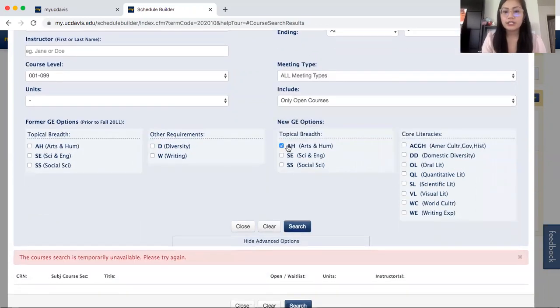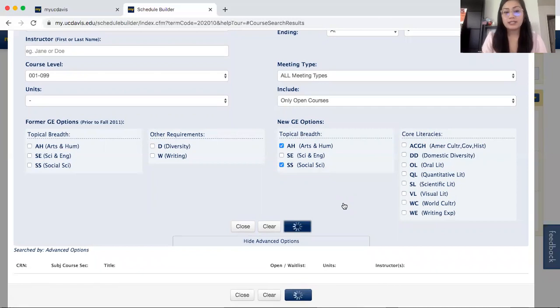So you can check here for GDB and animal biology and entomology. I will say that the science and engineering GEs will mostly be fulfilled through your prerequisites like chemistry, bio, and math, as well as physics and other courses. So you don't have to worry about that. The ones that you really want to focus on are arts and humanities and social sciences. So I went ahead and clicked both so that it'll show all of the courses that have both of those topical breadths in. And when I hit search,